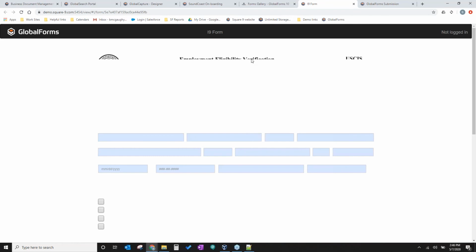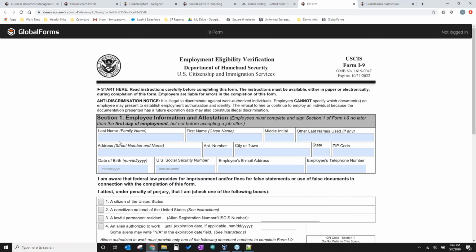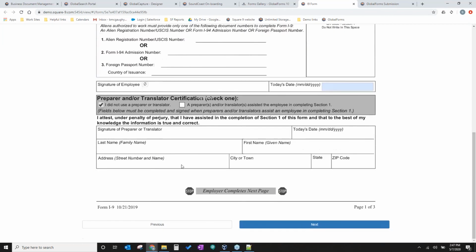I can come in and fill out an I-9 electronically. And once I've submitted this document, it's going to take all of this data and lay it down on top of that original PDF for that I-9, and now I have that original version where I filled this out and submitted it.